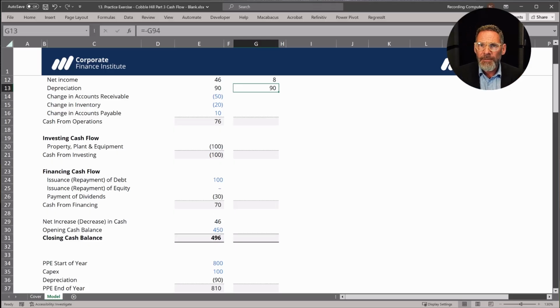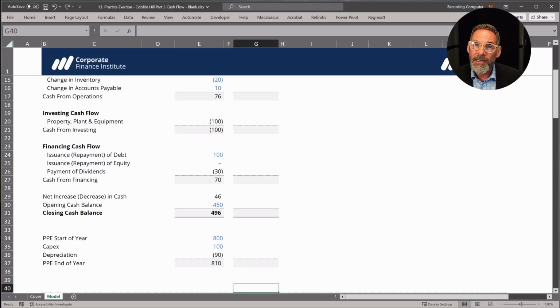Now we have to think about what's happening with accounts receivable, inventory, and accounts payable. First of all, remember that inventory and accounts receivable are both assets. So we're going to treat them in a very similar way. Accounts payable, we're going to treat in the reverse way. So let's go to the balance sheet and just look at the differences between accounts receivable, inventory, and payables between